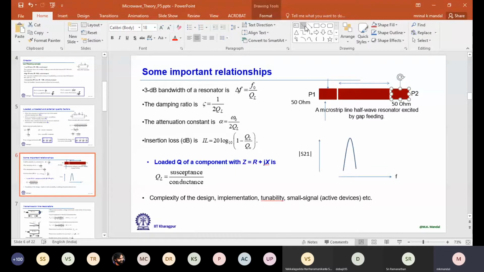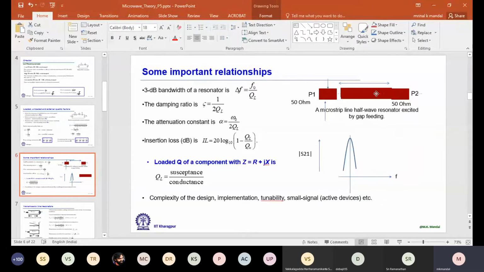So if we have a graph like this from full wave simulation, then we can call this the resonant frequency. So you can use a full wave simulator to find out the resonant frequency of any resonator. It will give you actually an approximate value. Why? This point you should also note down. Why is it an approximate value? Because when it is isolated from the rest of the world and I can measure the resonant frequency, that is the actual resonant frequency.